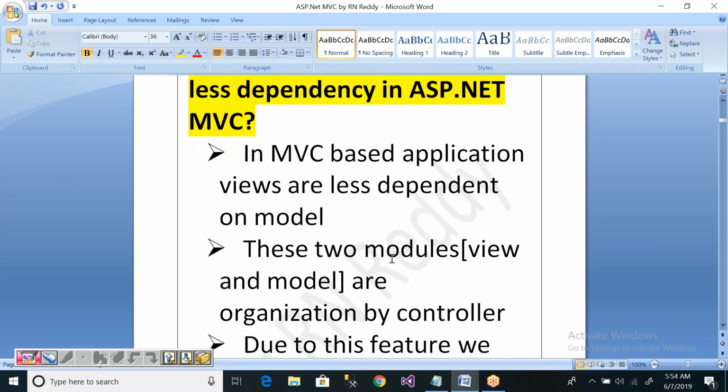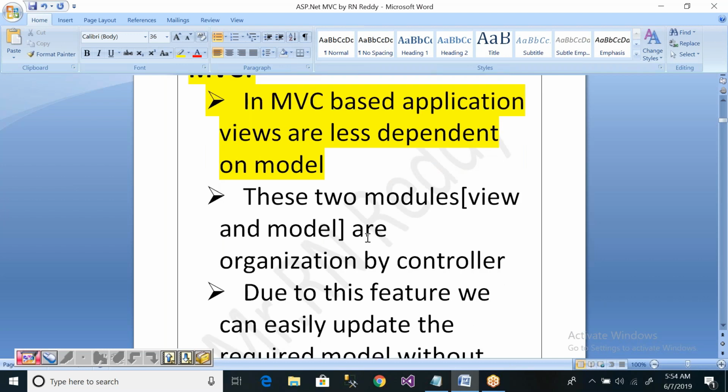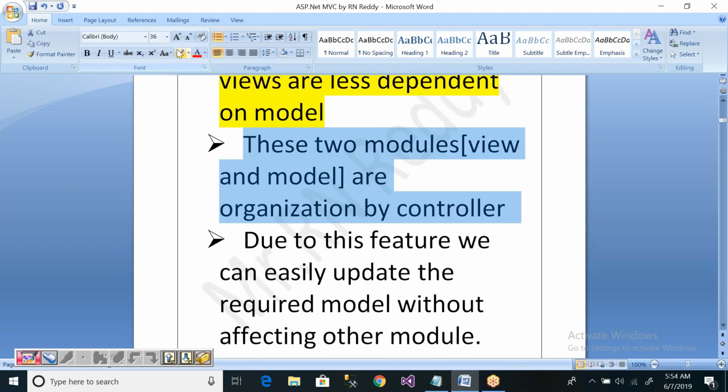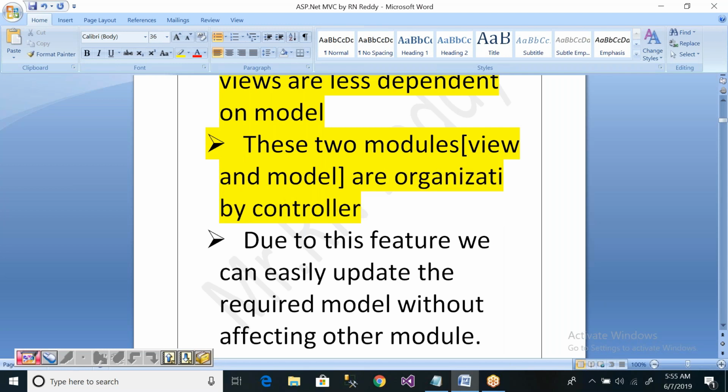In an MVC based application, views are less dependent on the model. There is no dependency between the view and the model, because they are organized and controlled by a mediator, the controller. There is no direct communication between view and model.